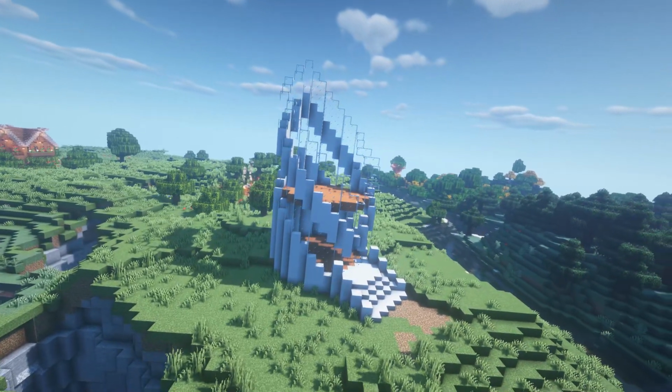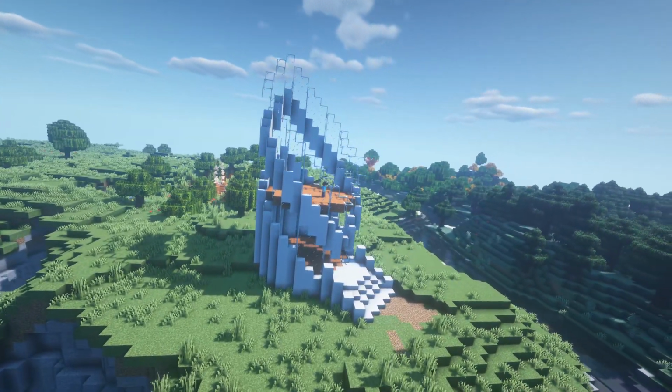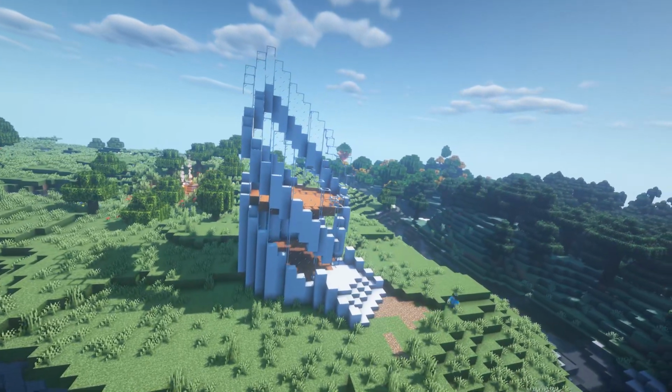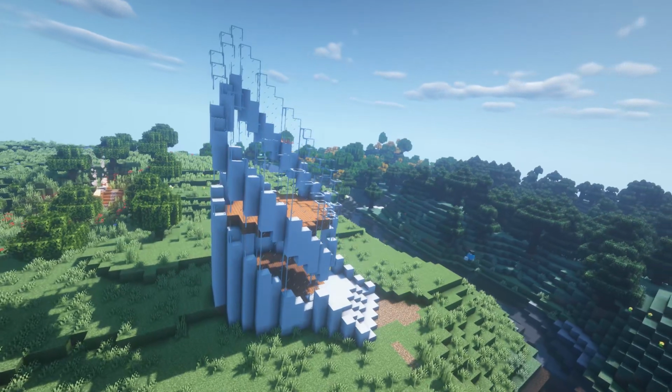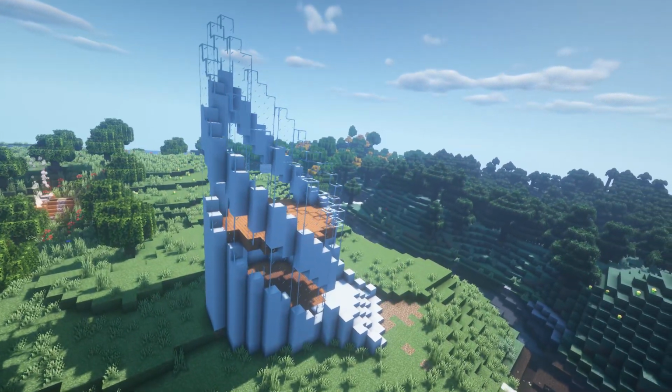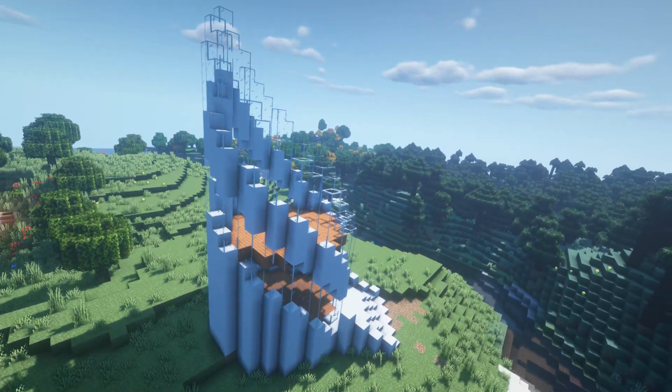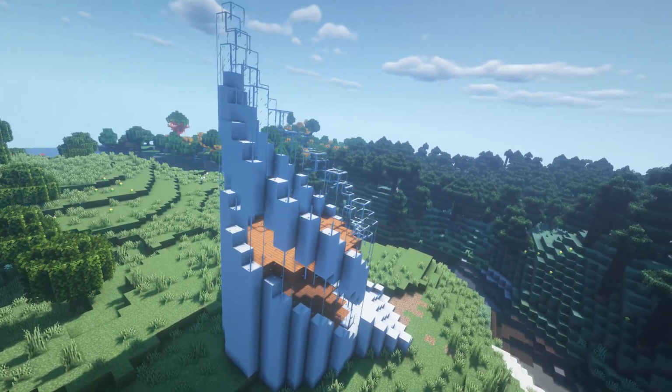And then I started to think, right, I've got the basic foundation of this build down. It's rather looking quite plain at the moment. It's very nice, it's not quite there. So I just need to fill it in with a bit of foliage and just give it a bit more detail around it. So I ended up coming up with a nice little bush design